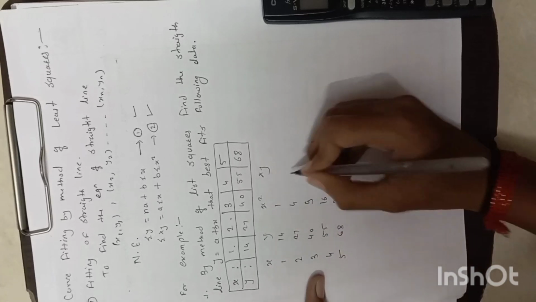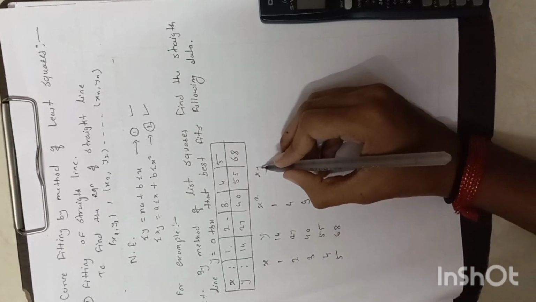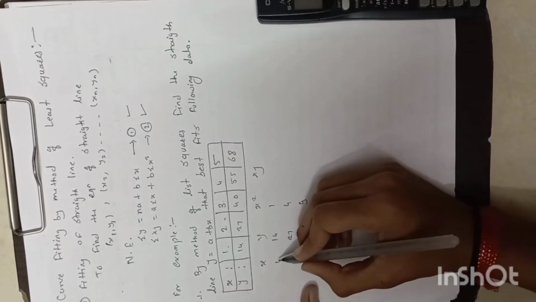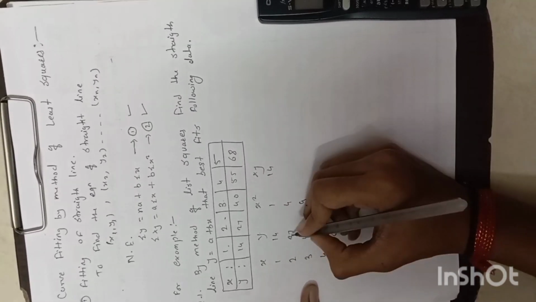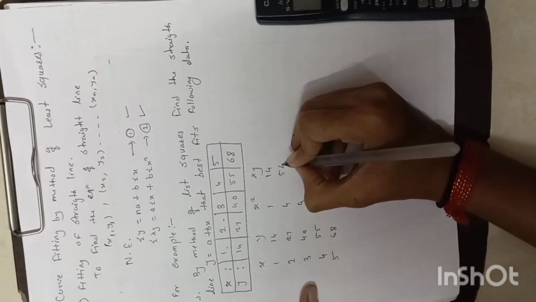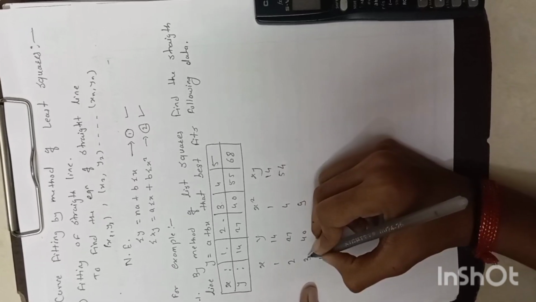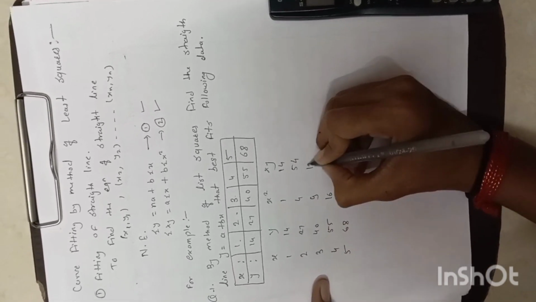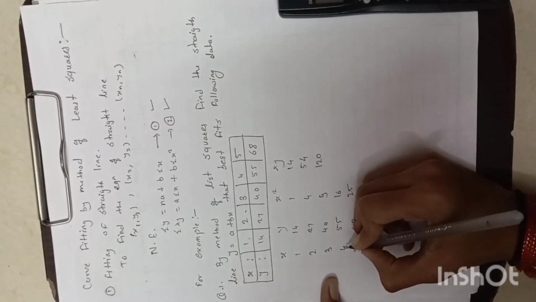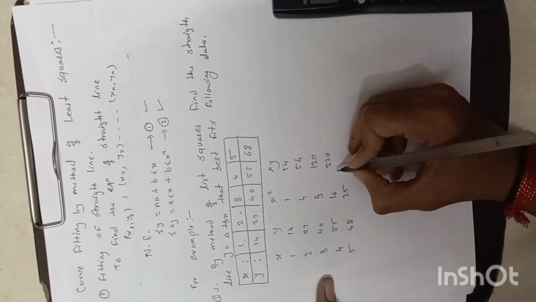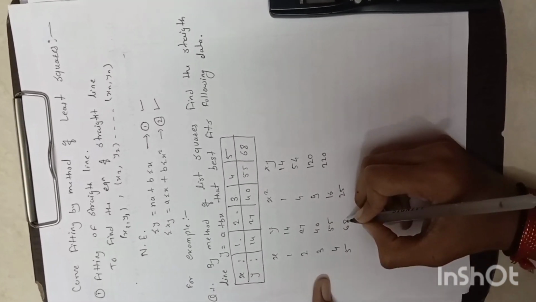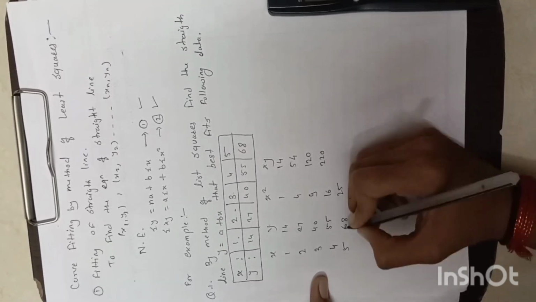Next is x into y: 1 into 14 is 14, 2 into 27 is 54, 3 into 40 is 120, 4 into 55 is 220,